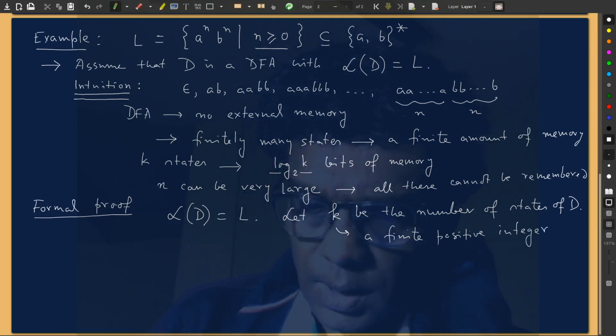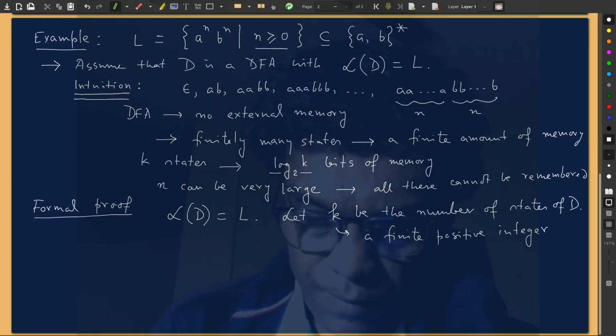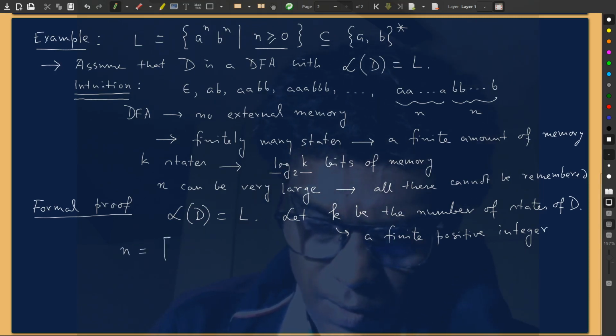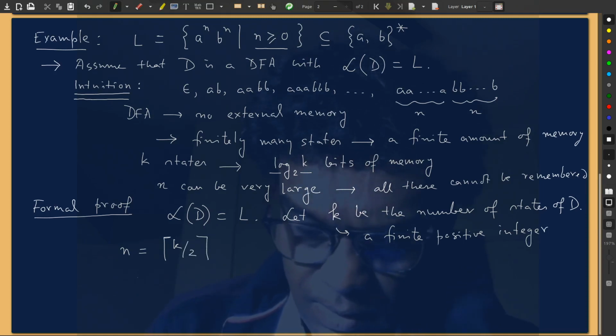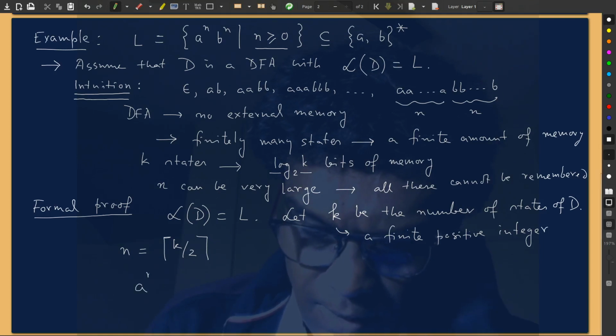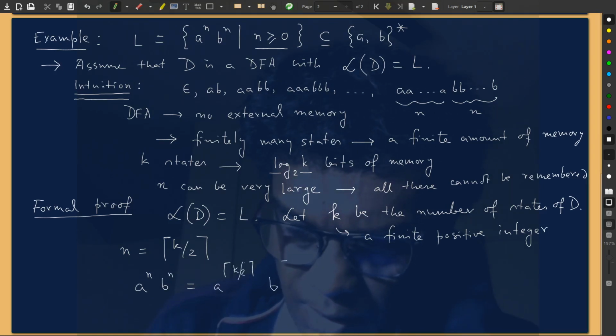Okay, so now I take a string of this form. Let's take n equal to ceiling of k by 2. Then I have this string, let us call it a power n, b power n, which is a power ceiling of k by 2, b power ceiling of k by 2. By definition, this is in L,